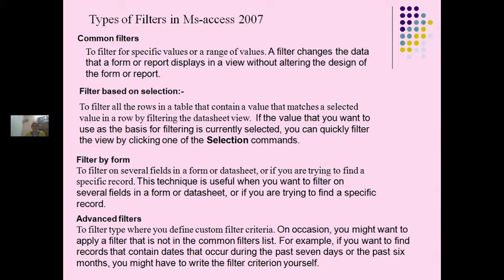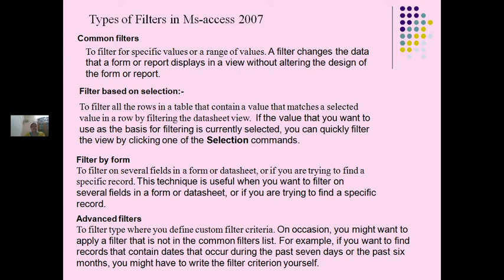A filter changes the data that a form or report displays in a view without altering the design of the form or report. For a specific value, I have already shared the MS Access application and shown you practically the employee table where I am filtering the rows depending upon the employee name Ramesh.